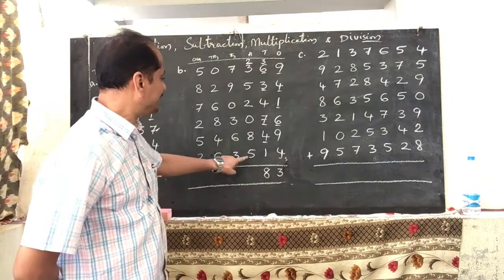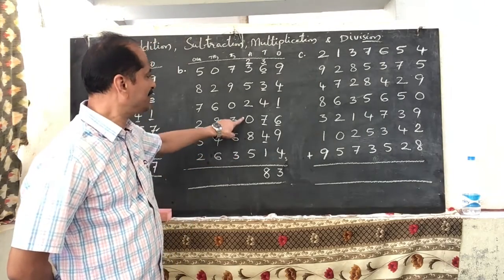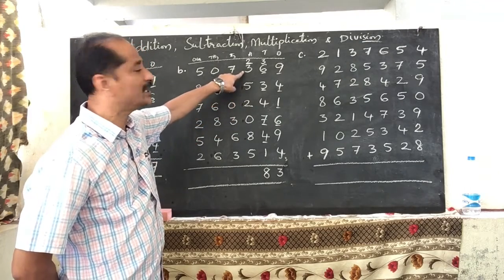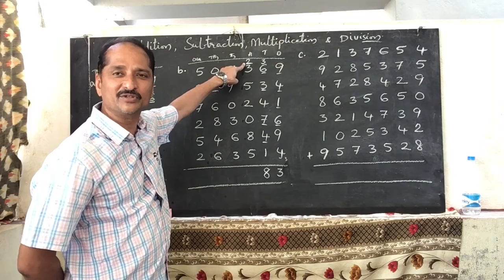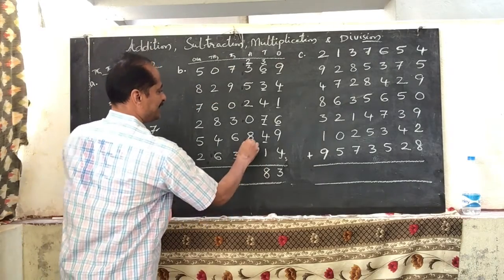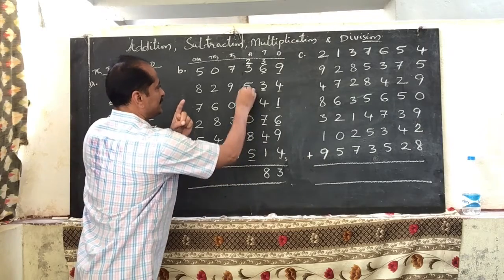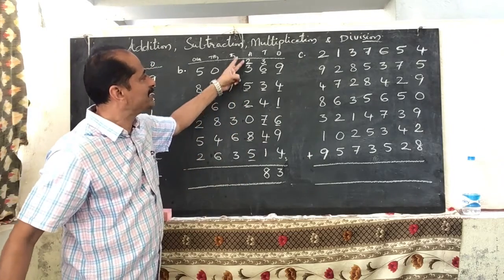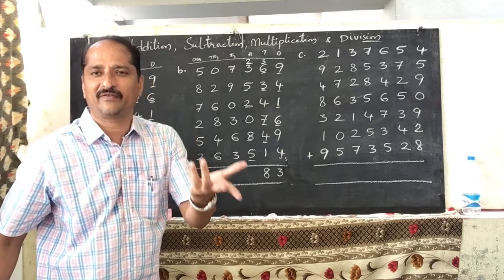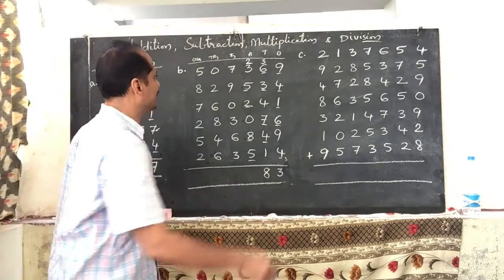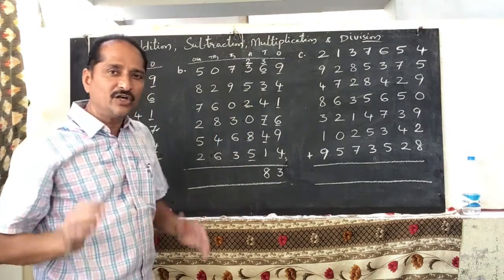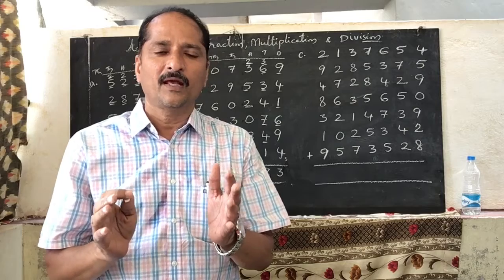Otherwise, if you are adding like 8 plus 5, 13, 13 plus 0, 13, 13 plus 2, 15, 15 plus 5, 20, 20 plus 3, 23, 23 plus 2, 25. Like this you have to add. But it is difficult. So, if you are adding like that, 8 plus 2, 110. This is 2 tens. 2 tens plus 3 and 2, 5. 2 tens and 5, 25. Okay? So, easily you will get. 25, what are these 25? 25 hundreds.